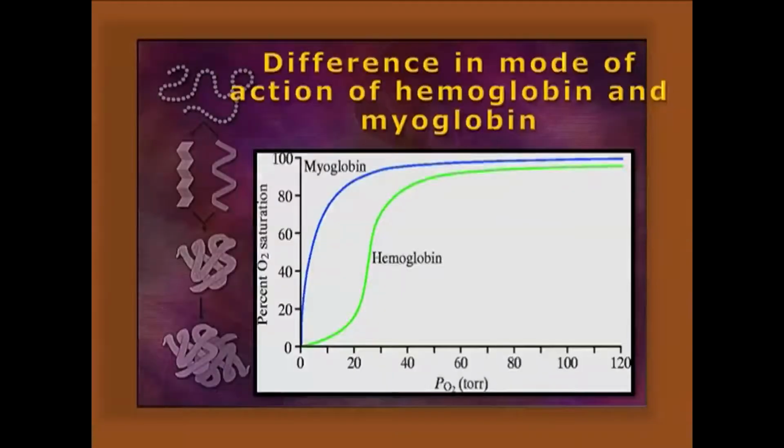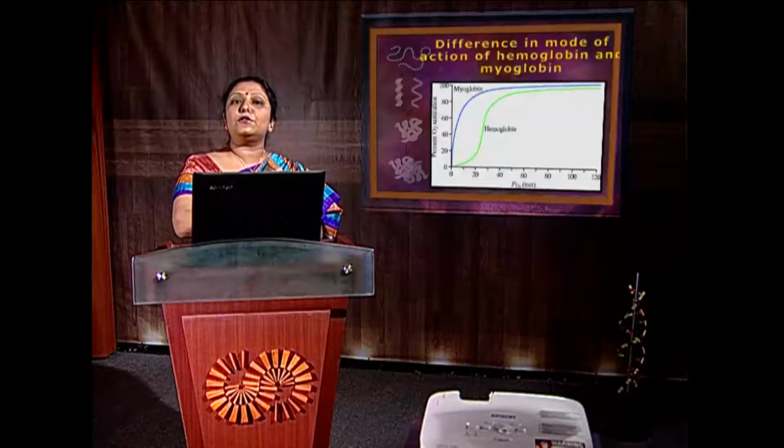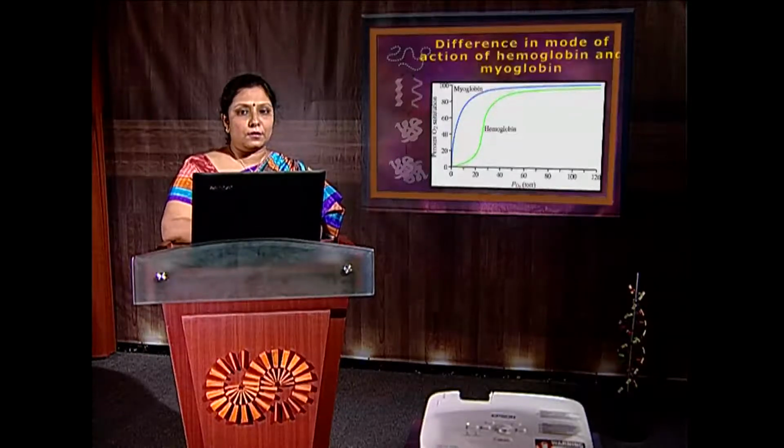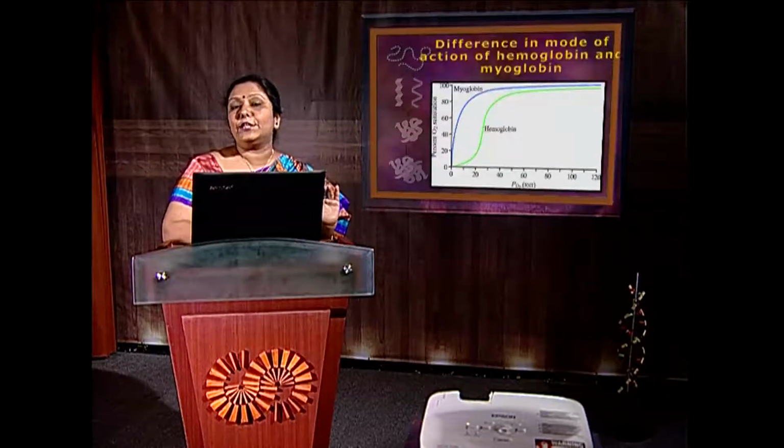Now, the difference in the mode of action of hemoglobin and myoglobin. Hemoglobin has tetrameric cooperativity and allostericity. Cooperativity means that oxygen binding to one subunit puts the other subunits in the deoxy hemoglobin condition, making them more susceptible to oxygen by lowering the binding energy. That is called cooperativity. Allosteric means other site: binding at one subunit influences the other binding sites, so the oxygen binding capacity can be changed.